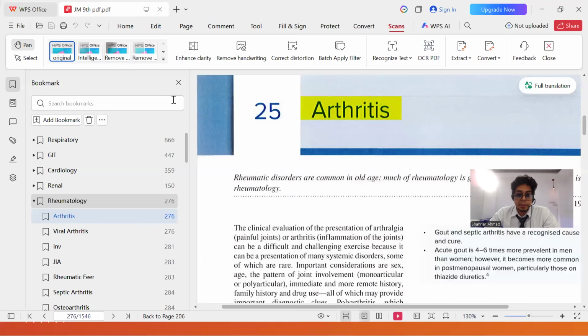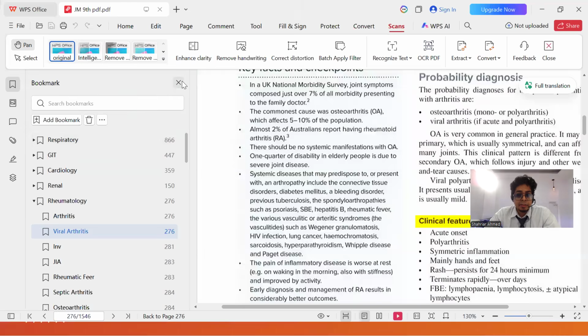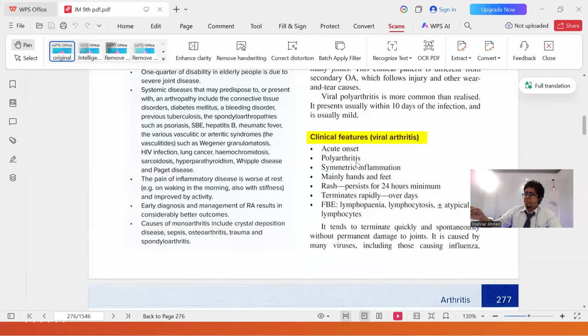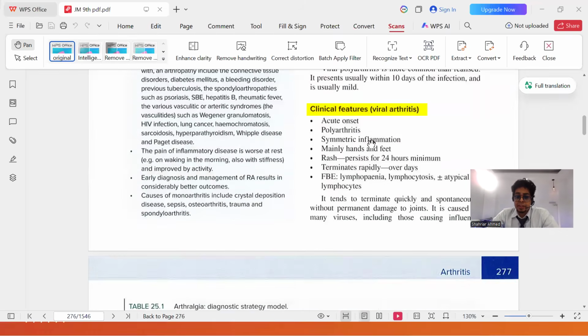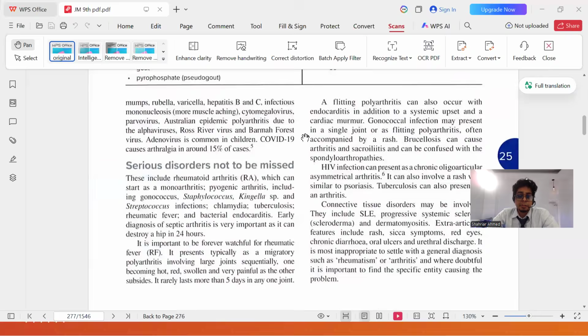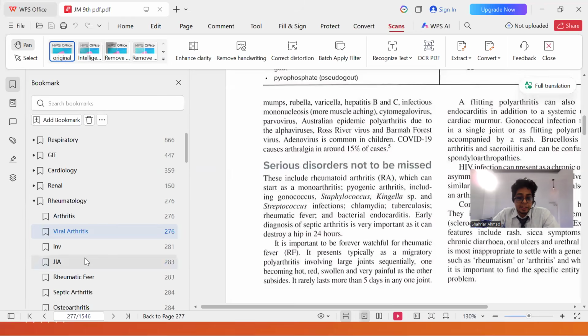Please open this particular part, arthritis, where some basics are given. Then comes viral arthritis, before going into rheumatoid arthritis. After viral infection, it is very common in children, right? Children get flu and can complain of joint pain, often symmetrical. So viral arthritis is a possibility, we just have to be careful. In viral arthritis it may not be rheumatic fever or anything else like that.